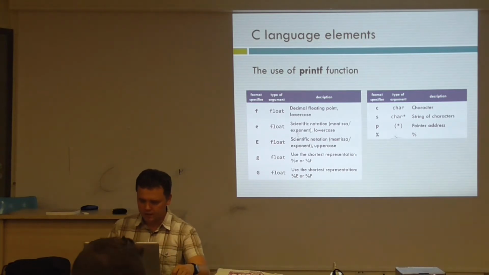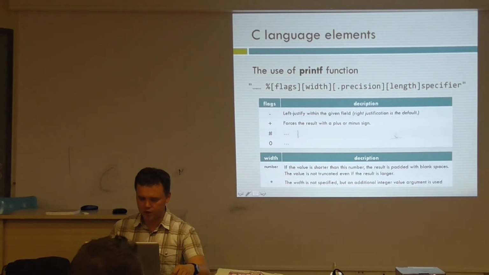Okay, this is the biggest structure of this section: %. There is a flag with precision, length, and specifier. The specifier is well described in my previous slides, so you can know that with this option you can also add flags with the precision and length. Like here,